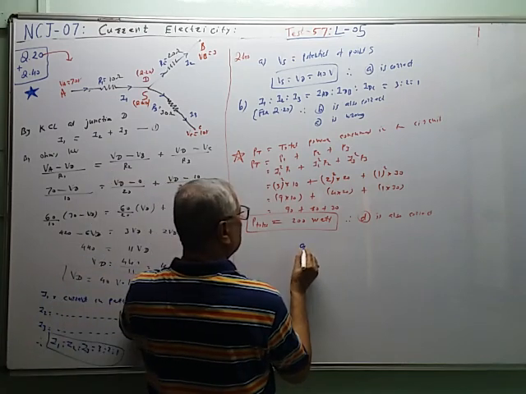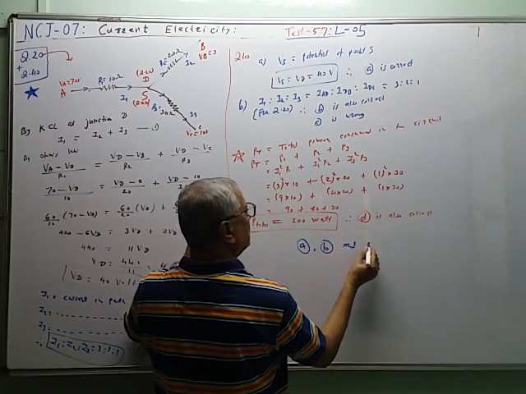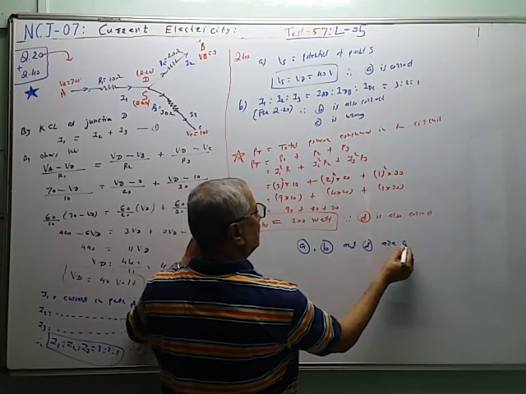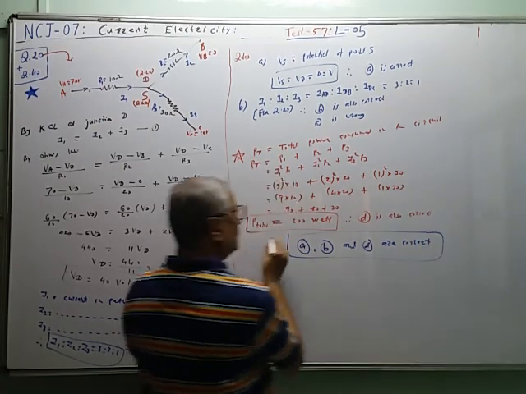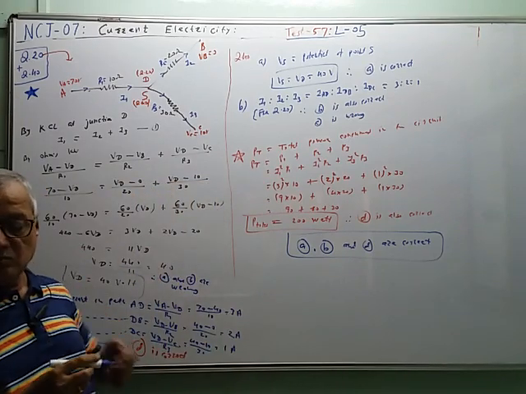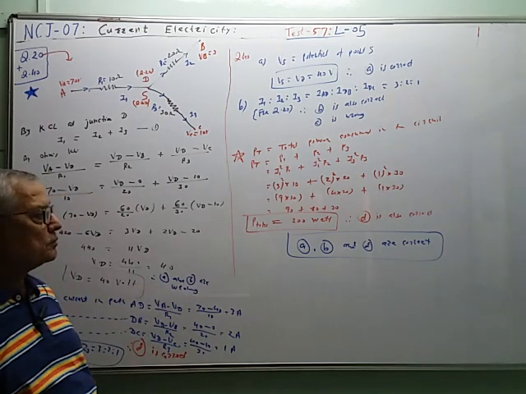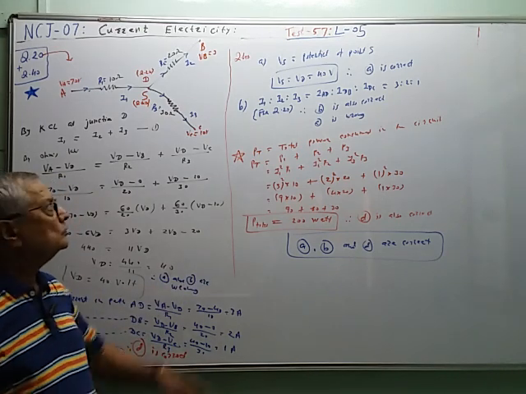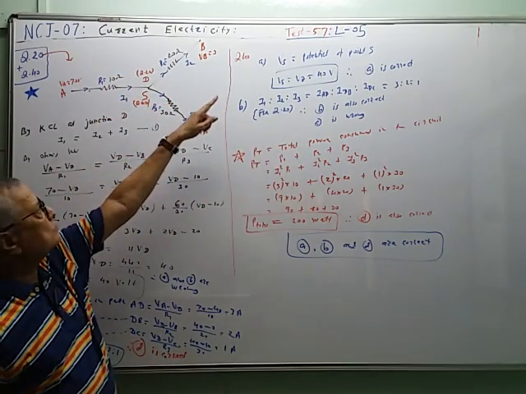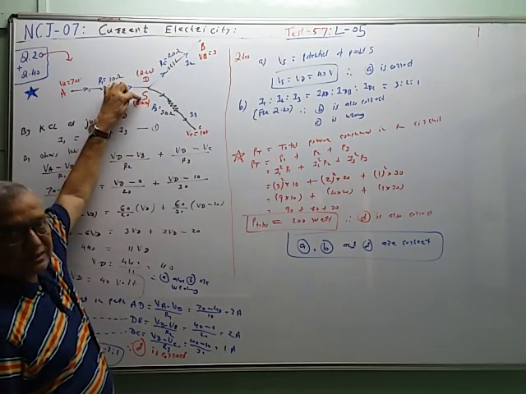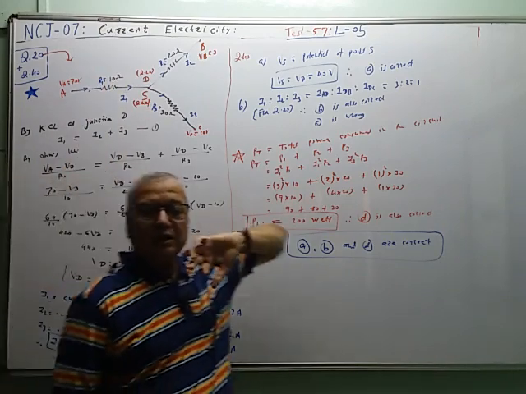Therefore A, B and D are correct. Like this, in multiple choice questions, this type used to be asked earlier. So this is question number 40. This is question number 20. Only the change is this. For question number 40, this point D is denoted by S. Only the name was changed; in the rest of the circuit, the ratio, values and everything have no change.